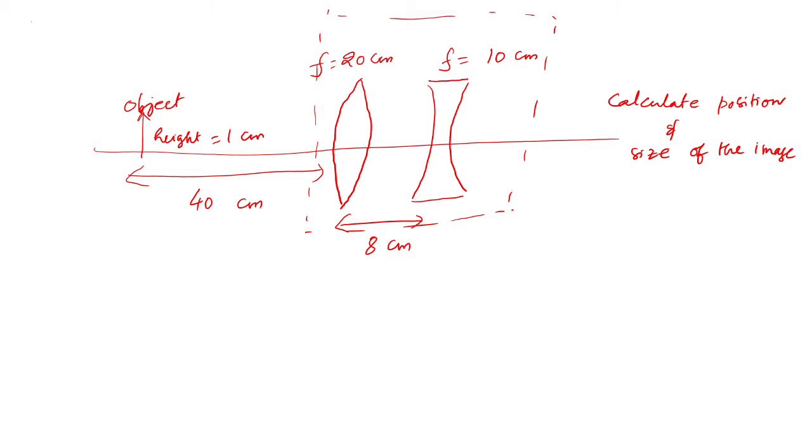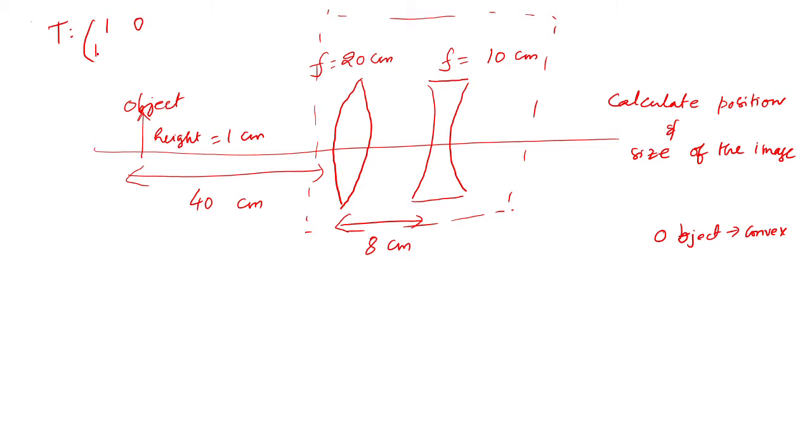But in the case of the matrix method, first you go from your object to the convex lens. So the first matrix is simply a translation, from object to convex lens. Once again, the translation matrix is